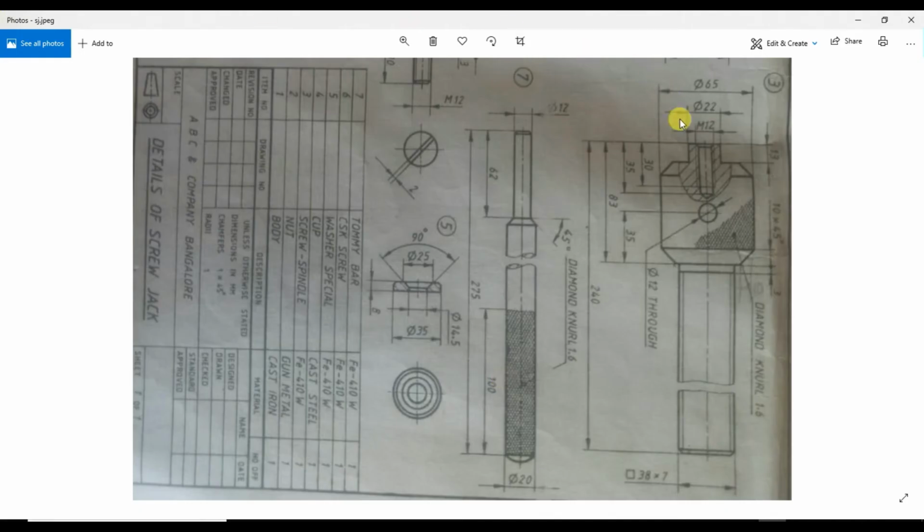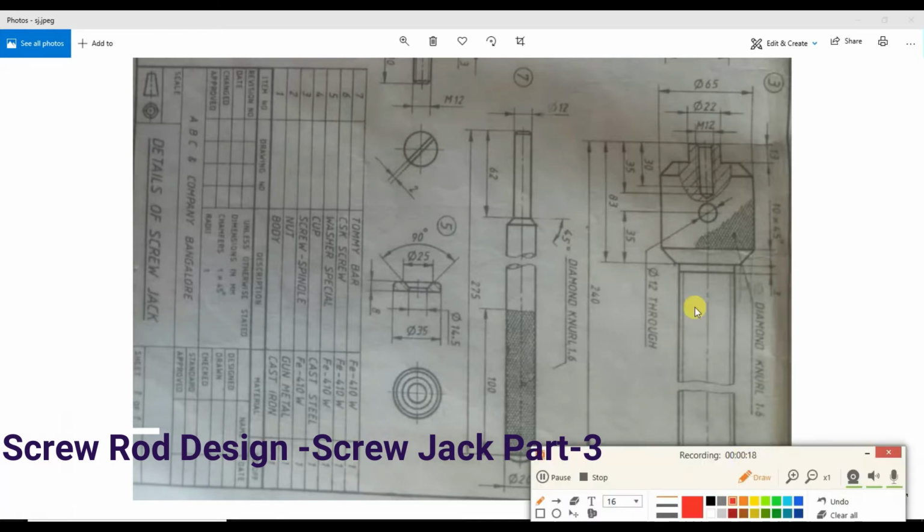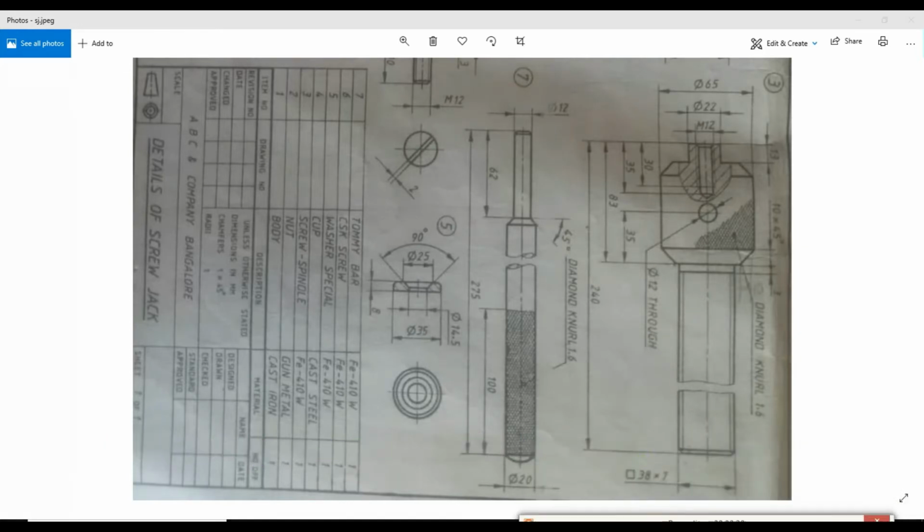Hi everyone. Today I need to create this screw rod. This is a screw rod, and this part is a collar or the head. The dimensions of this are given in this diagram. The overall height of this is 240,